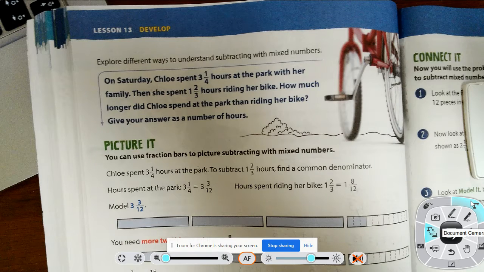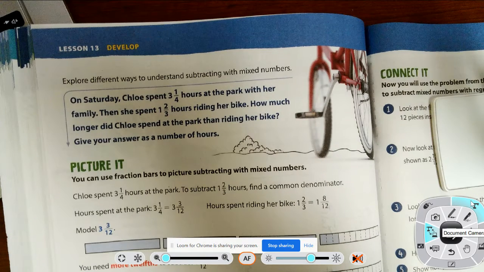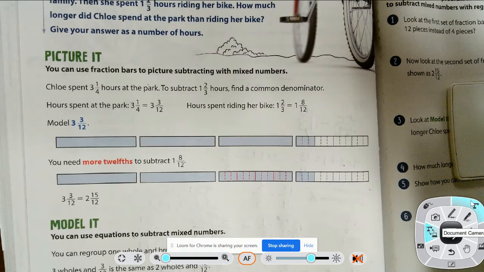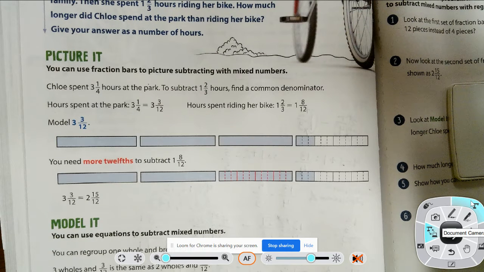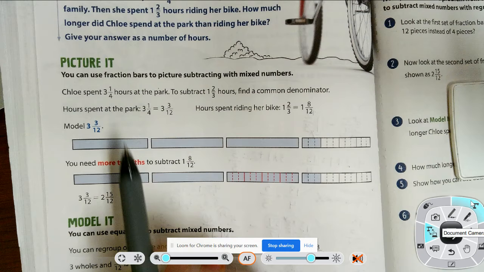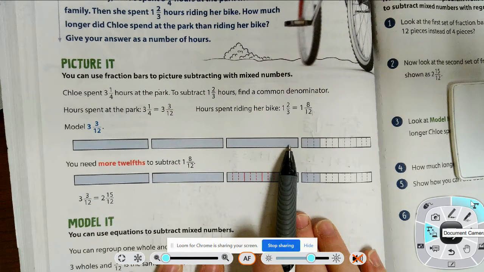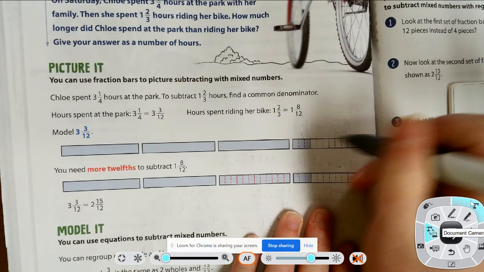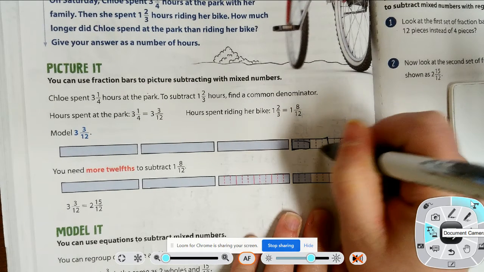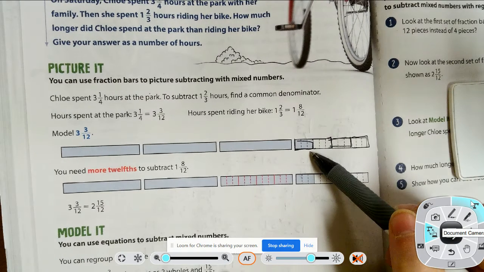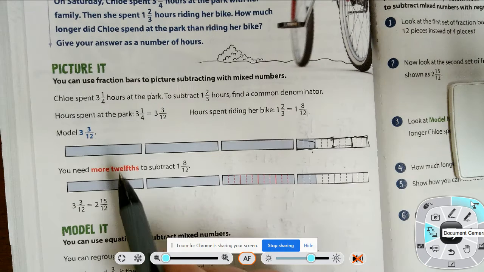Moving on. All right, so same problem, 3 1/4 hours and 2 1/3 hours. They just want us to picture it a little differently. So another way that you can do it is by using fraction bars to picture the subtracting with mixed numbers. So they start with 3 1/4, so they shaded in 3 wholes, and then they divided this one up into 4. 1, 2, 3, 4, and they shaded a 4th. Okay? Then this one, they shaded,